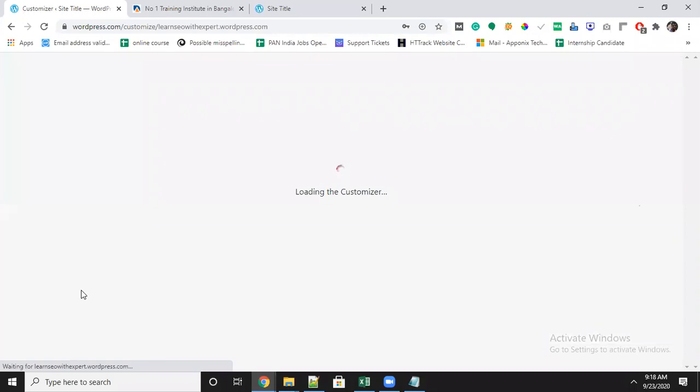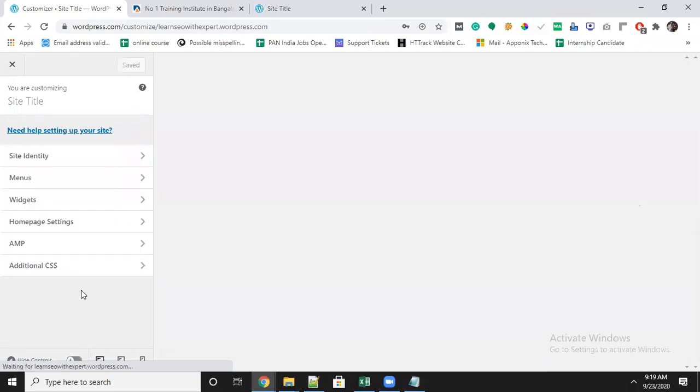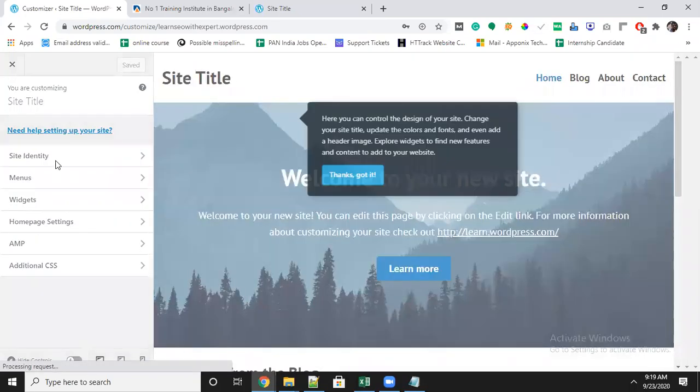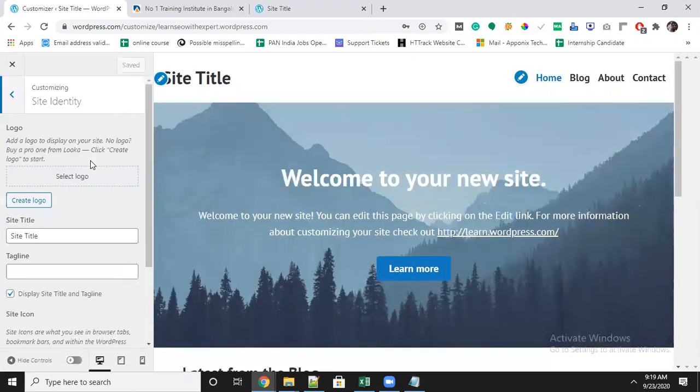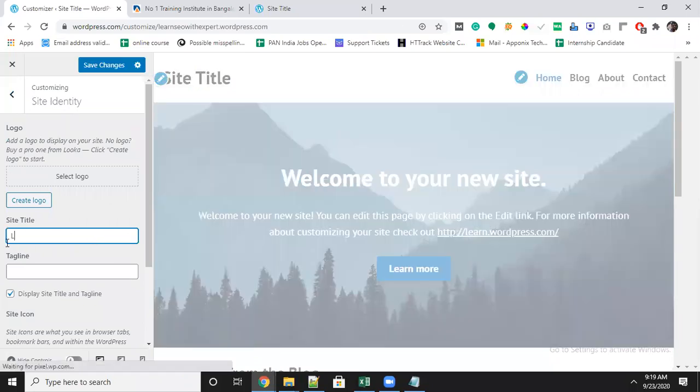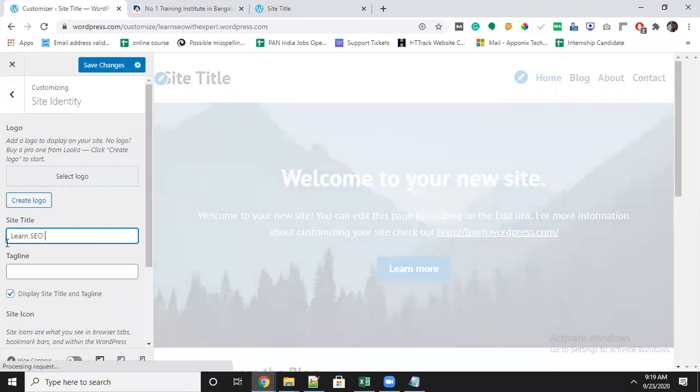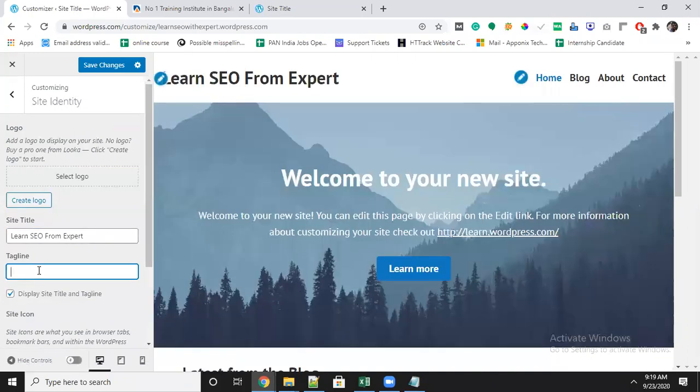Once you click on the customizer, you will get an option called site identity. You can see here is the site title. I will change it to "learn SEO from expert." I am giving my title. If you want, you can give a tagline also.